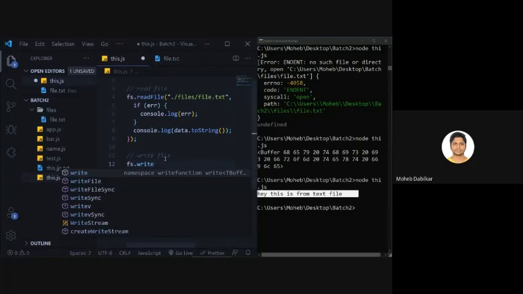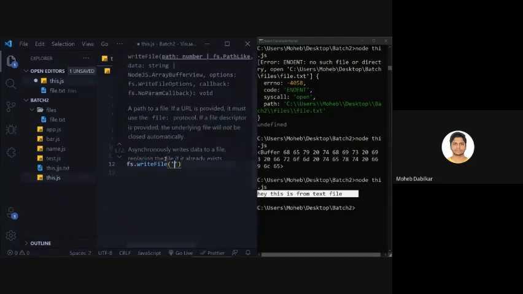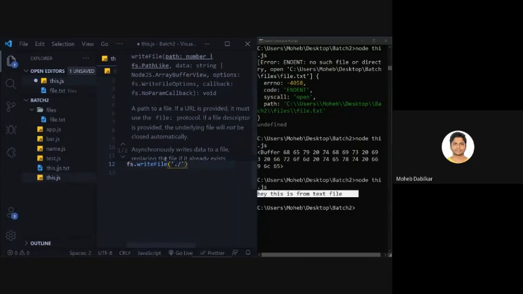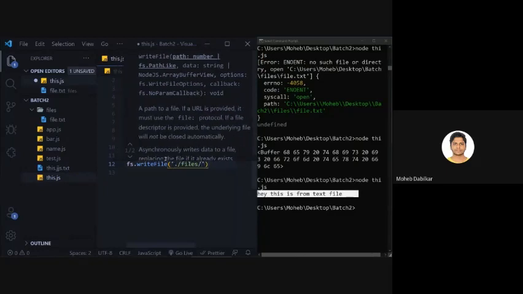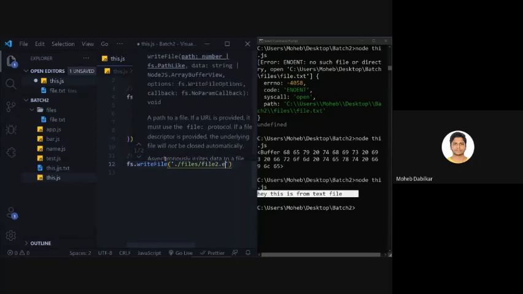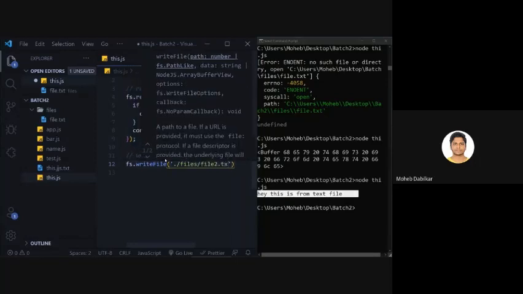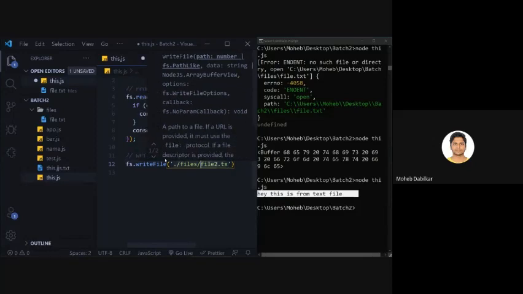What is the spelling of write? Yeah, writeFile. Okay, and then inside your writeFile you will save files, and instead of using file.txt, we will say file2.txt right now. Okay, so let's call it return file.